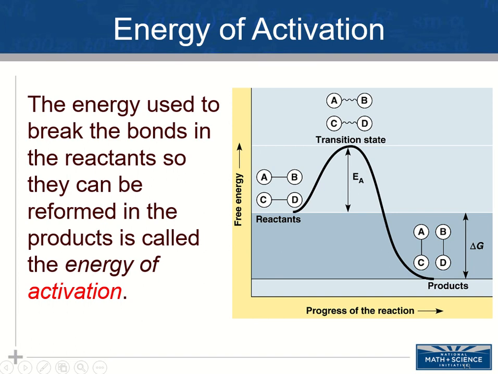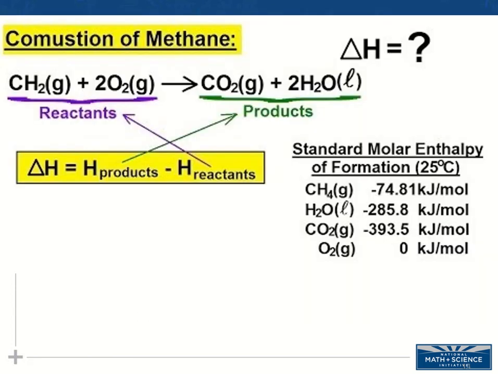We were looking at solely the heat when we did the thermodynamics unit, so we were looking at just the delta H. But this other component needs to be added to truly understand why reactions are spontaneous or not spontaneous. So let's take a look at this reaction, and we're going to concentrate on enthalpy only for a bit and for the first homework assignment. So in this reaction, our reactants are CH4 gas and oxygen, and they're going to combine to make carbon dioxide and water.